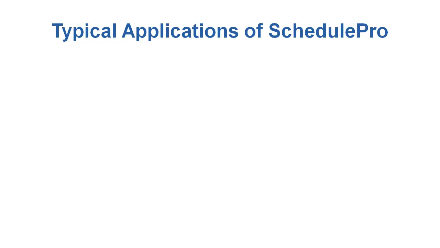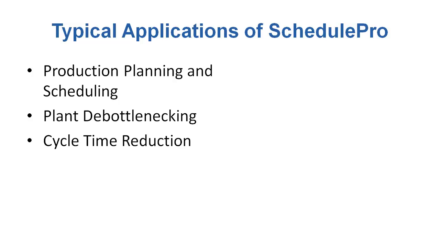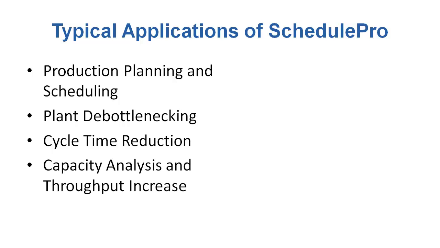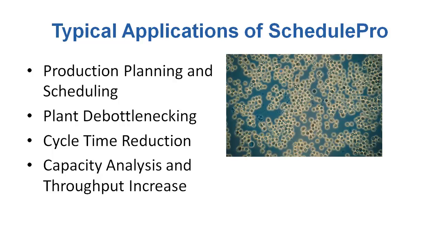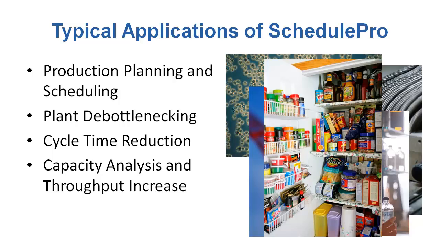First, let's start with a brief overview of SchedulePro. SchedulePro is a finite capacity scheduling tool for batch and semi-continuous manufacturing processes. Typical applications of SchedulePro include production planning and scheduling on an ongoing basis, plant debottlenecking, cycle time reduction, and capacity analysis and throughput increase. SchedulePro handles biochemical, pharmaceutical, fine chemical, consumer product, food, and any other type of batch manufacturing